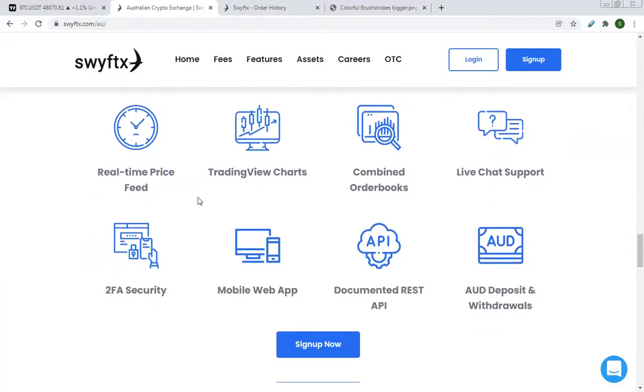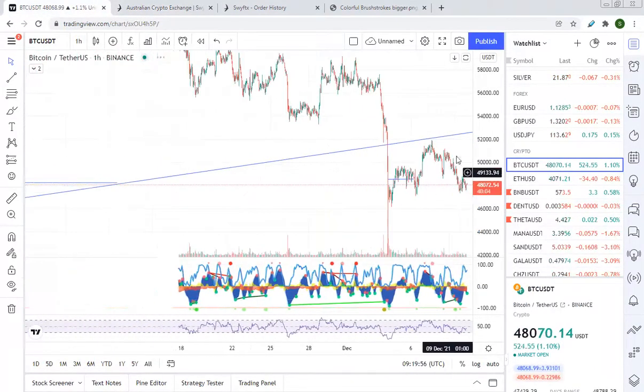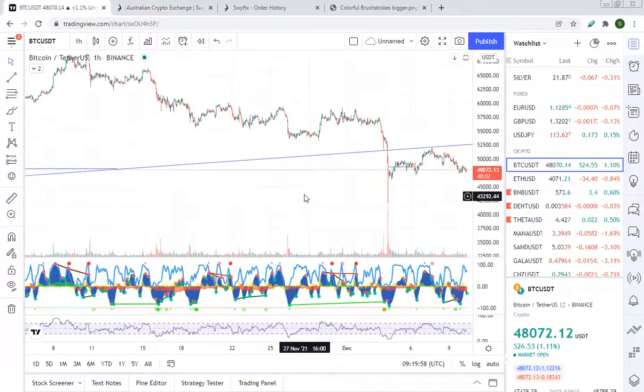You get real-time price feeds. Your charts are TradingView charts, so they're the best charts you can get. You don't get the full TradingView chart, but you do get access to all the basic tools, and what you get here really is good enough. If you want something extra, you can create your own free TradingView account. I've got one here, and you can go on here, create your own free TradingView account, add your own